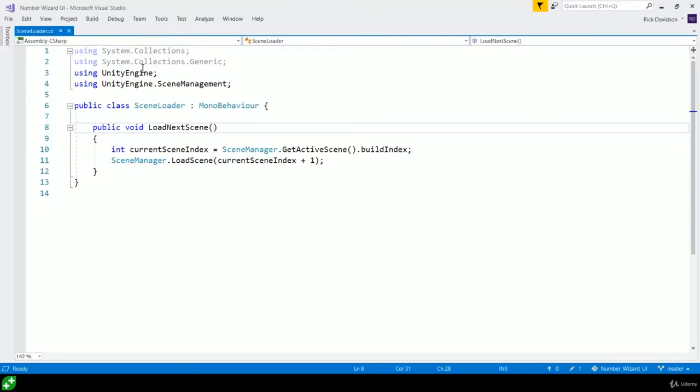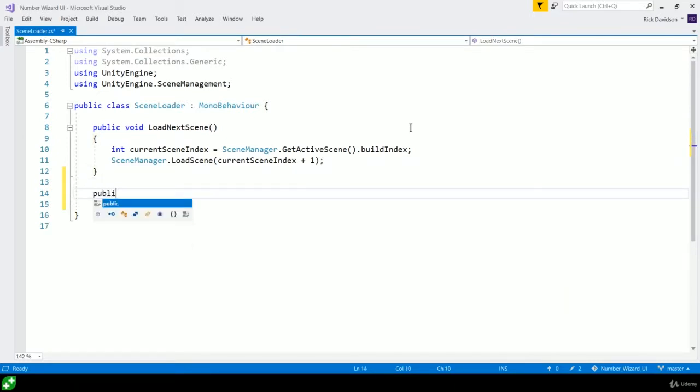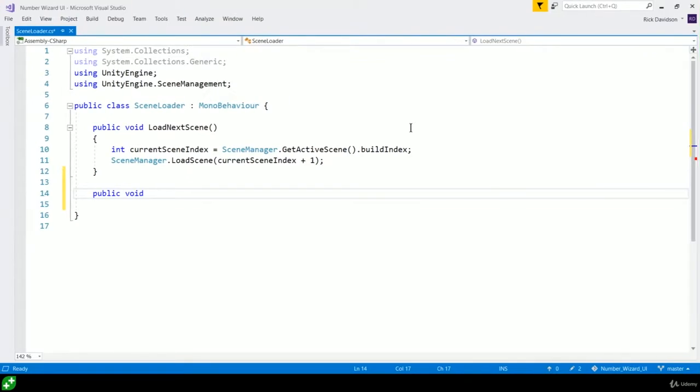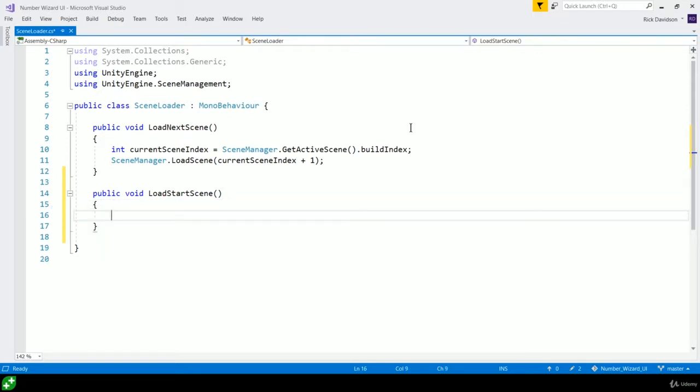Jump into SceneLoader.cs. We need to create a new public method, public void, what was I asking you to call this? Start, no, load. Let me just look at my challenge slide. Load start scene. Okay, and what is within load start scene? We need our curly braces. It's pretty simple. We don't need to worry about the scene index we're currently on, so we don't need to declare this variable. All we need to know is scene